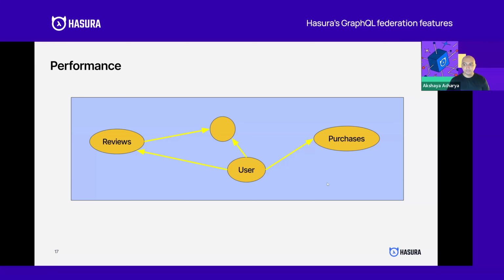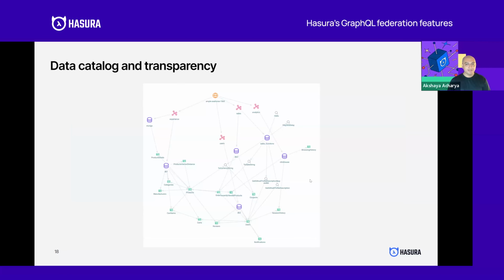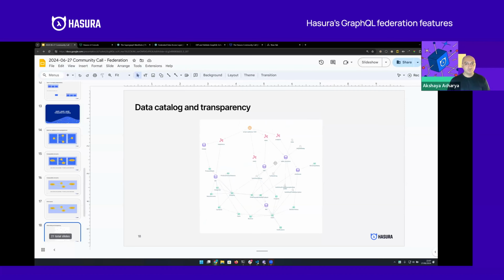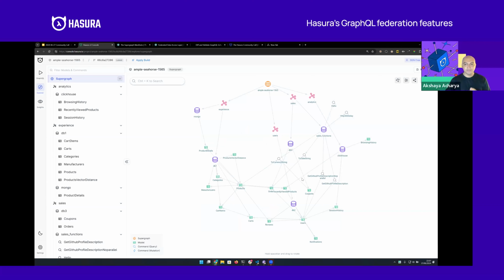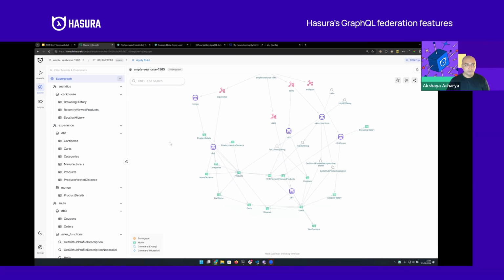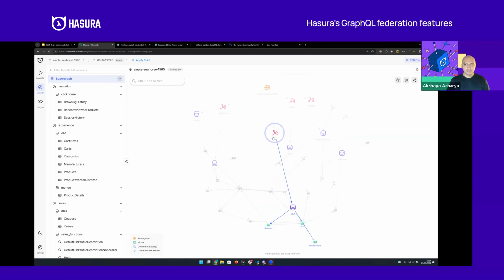Okay, so let's say as a consumer of the API, you found a bug or you found a performance issue. What do you do? Well, with Hasura, because the entire thing is based on models, because of the supergraph modeling, you can come back to the Explorer and you can actually see different models, which data source they belong to and which subgraph they belong to.